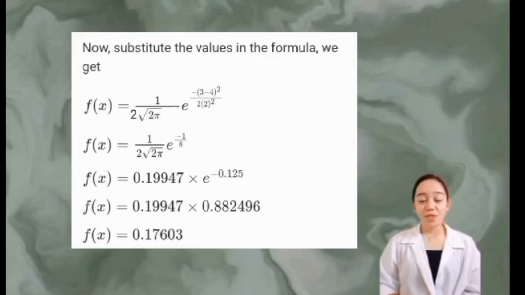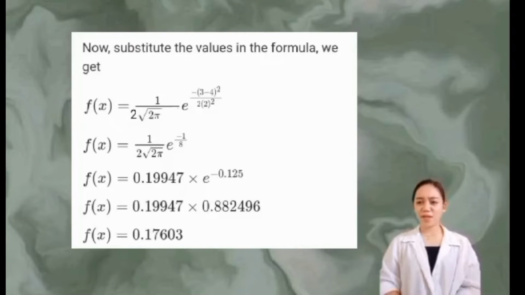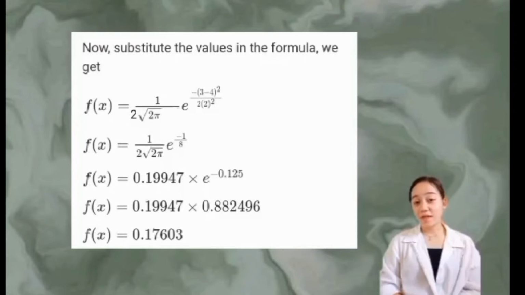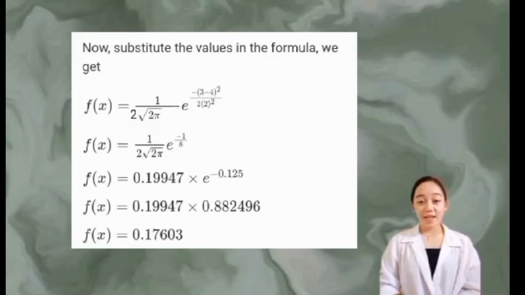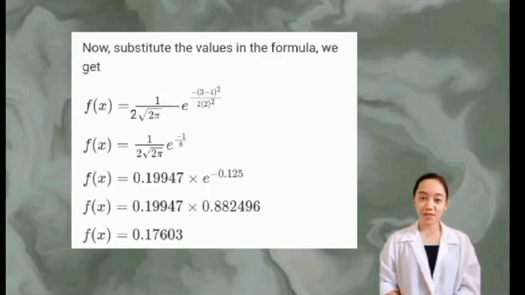Over 2 times 2 squared. This also comes from the standard deviation, the value of our lowercase sigma, which is 2. This 2 squared is the same as the variance, right? As you can remember from our past discussions, variance is just equal to the standard deviation squared or the lowercase sigma squared. Okay, so after substituting the values, we can now easily solve this